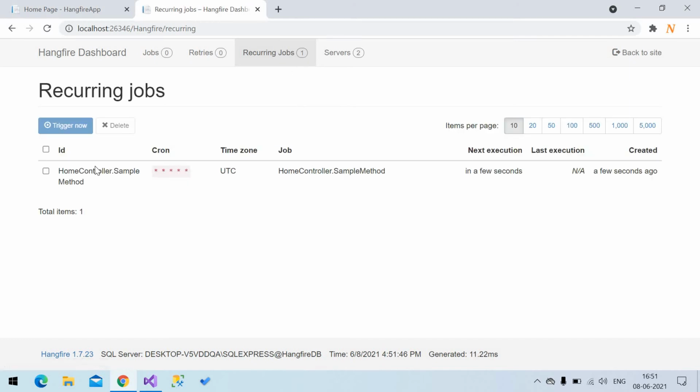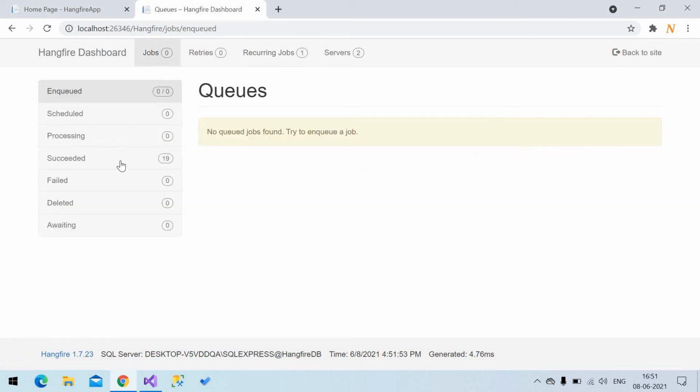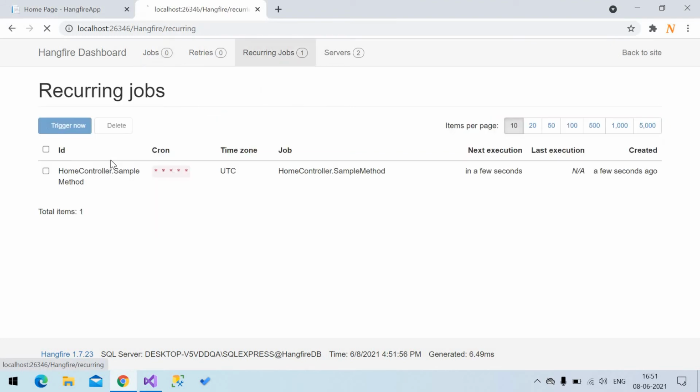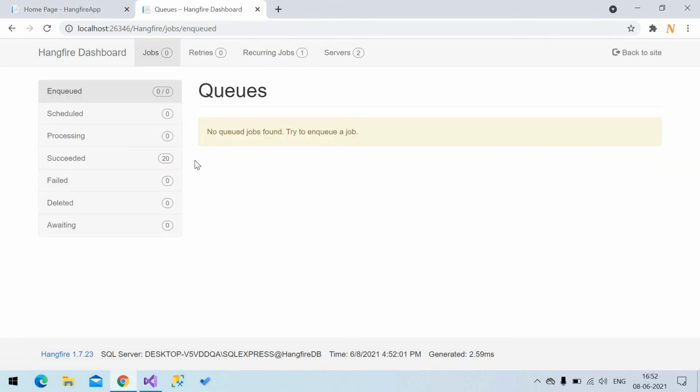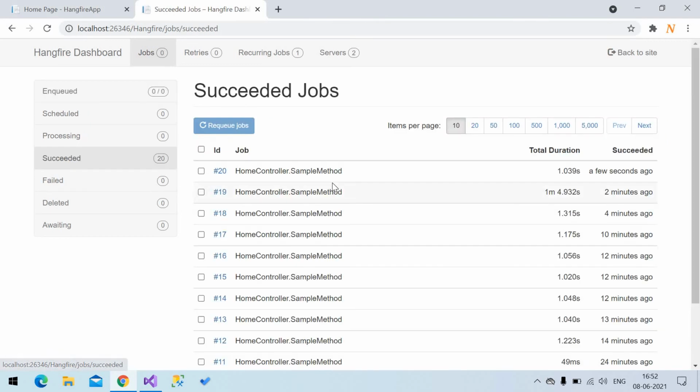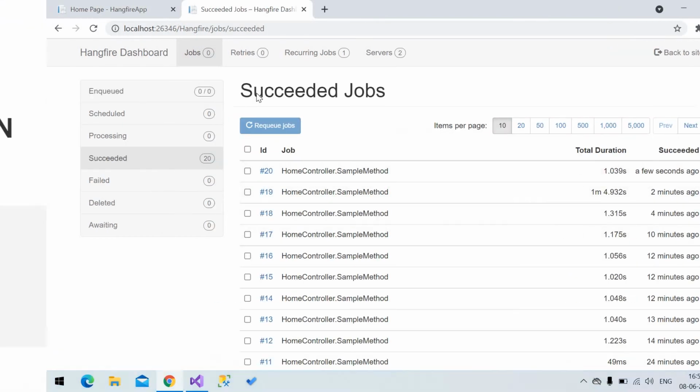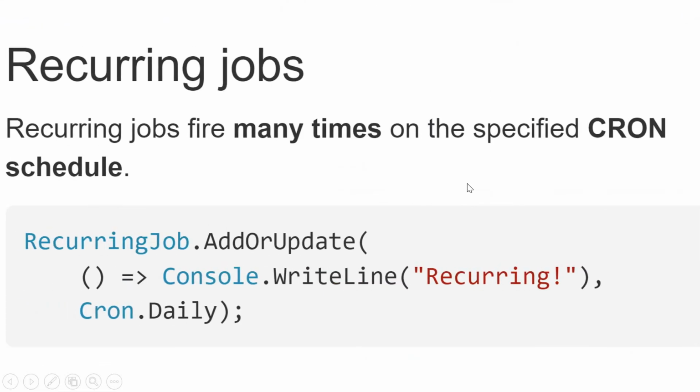If I refresh, I can see the recurring job got added. This will be executed after 1 minute. If you want to execute it now, you can select it and trigger. So right now we can see it got executed. This is a recurring job.